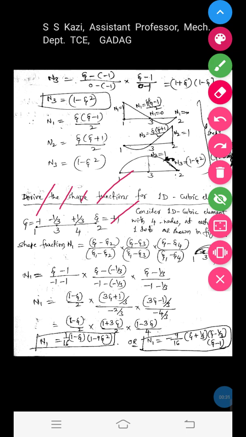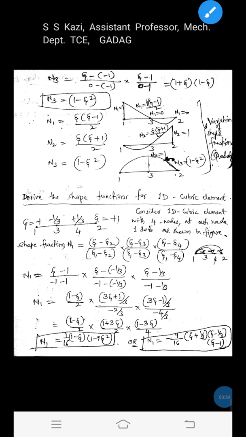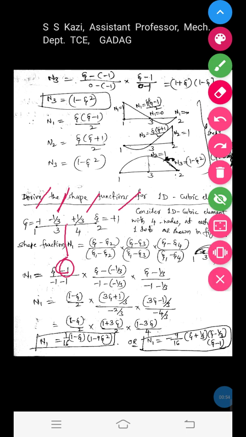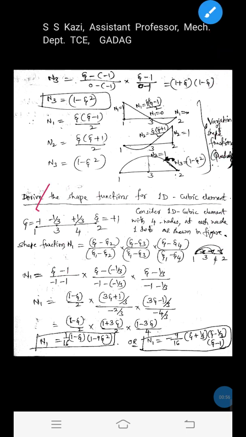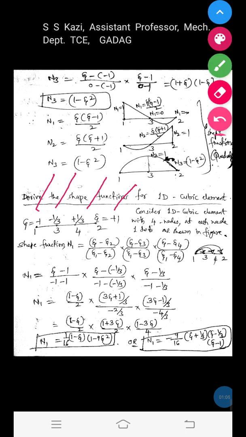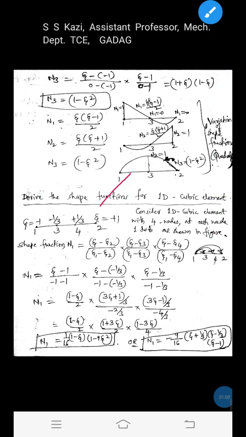Now, the natural coordinate values, first we will write. Natural coordinate values are at the left -1, and to the right +1, and the origin will be at the center, but the nodes 3 and 4 are here. If we take 3 parts, then you will get 1 by 3 here and 1 by 3 here. Hence the natural coordinate values for the one-dimensional cubic element: node 1 zeta is -1, node 2 zeta is +1, node 3 it is -1 by 3, and node 4 it is +1 by 3. Once you write these natural coordinate values, after that we will find the shape functions n1, n2, n3 and n4